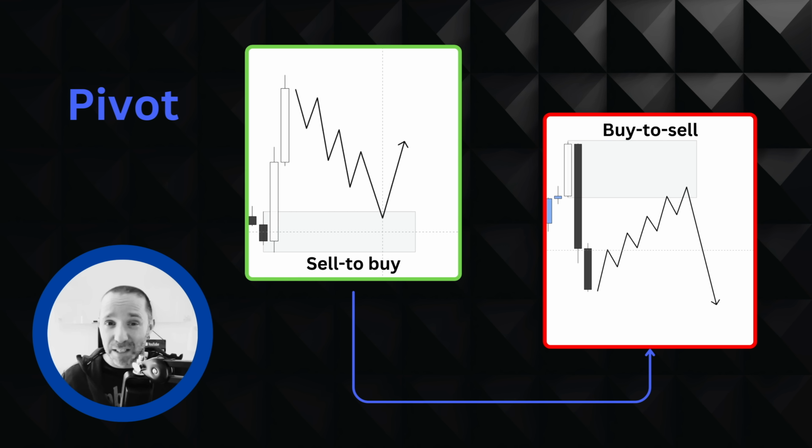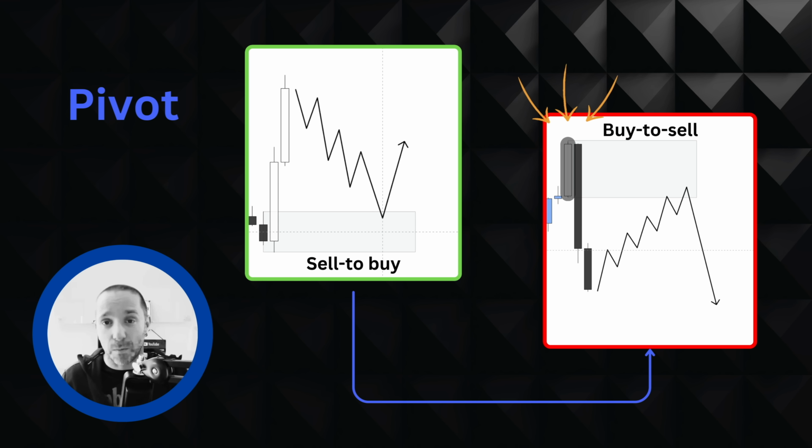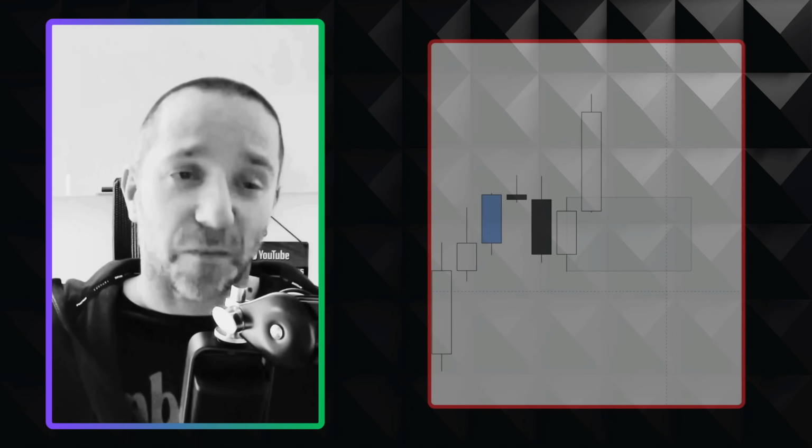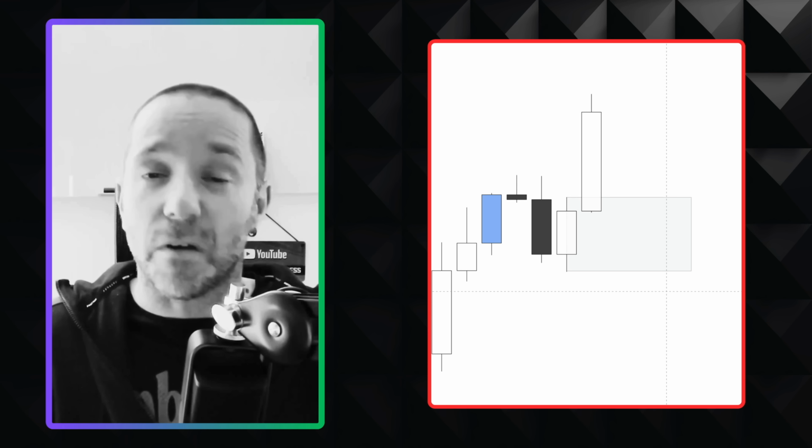So what that means is when we're drawing out our areas of supply, we look to draw off the last bullish candle, which creates that buy to sell move. And to draw that area of demand, we look at that last sell candle, which creates that sell to buy move. Now, this isn't something that I use specifically, because what I'm really looking for is that pivot reversal